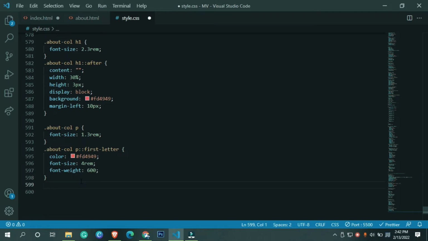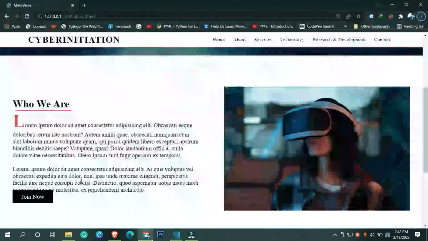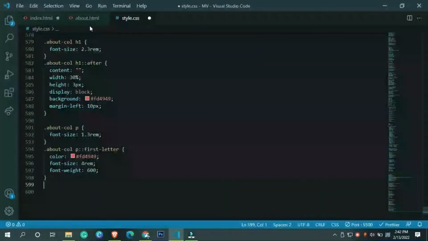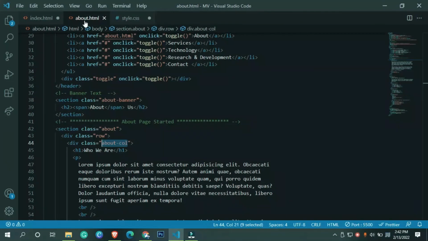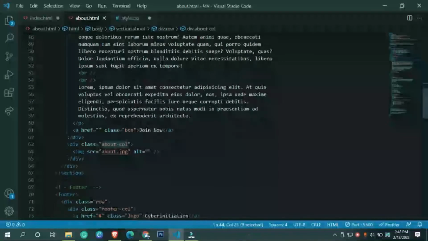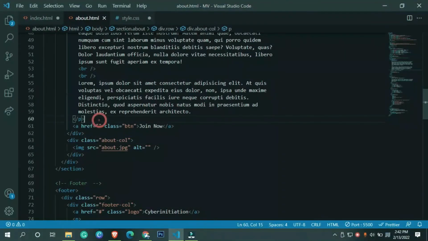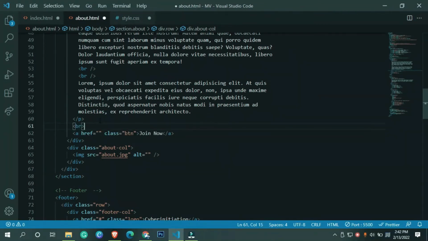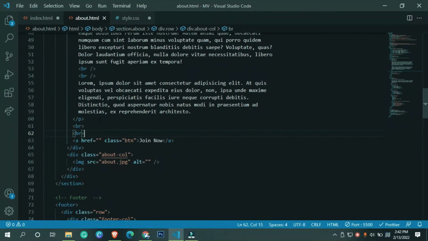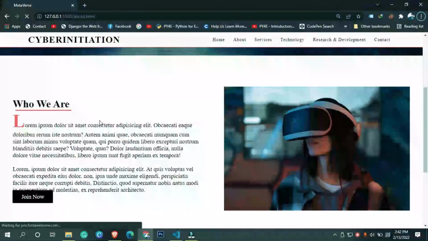Now we need to focus on this particular button. So I'm going to add a BR right here. So let me add a BR after this paragraph, BR, and one more BR. Okay,